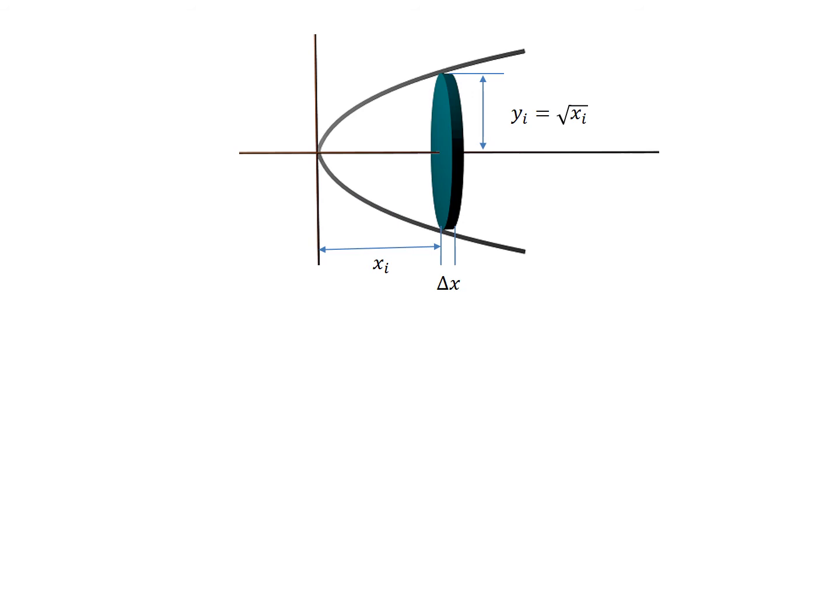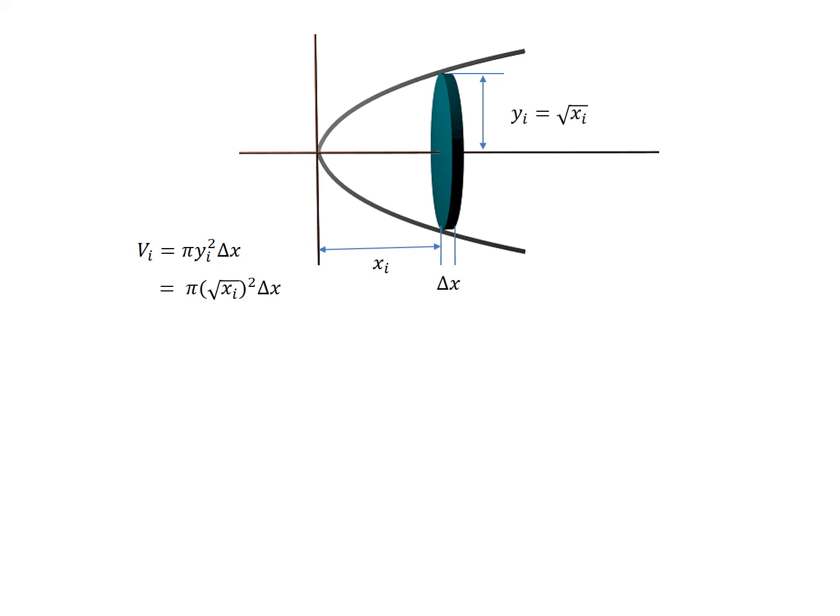Okay, here's an illustration of the ith disk. Here's a subscript, and it's going to go from 1 to 20. And this ith disk has a radius y sub i and a thickness delta x. So its volume is a cross-sectional area times the thickness. So we get our V sub i is pi y sub i squared delta x, but we want this